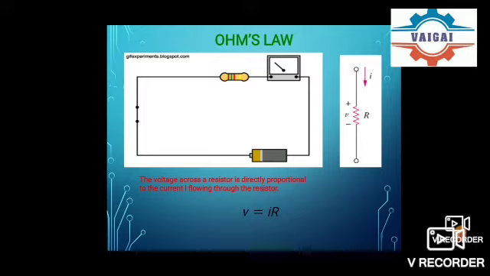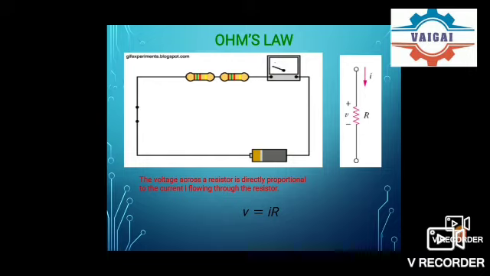Now see the circuit. When there is one resistance and the switch is closed, the ammeter denotes more current. When the resistance is added, the current is decreased. See the meter, the current is decreased when the resistance is added. But when the battery is added, the voltage is increased and the current is also increased. See the meter, you can see the amount of current flowing through the circuit.